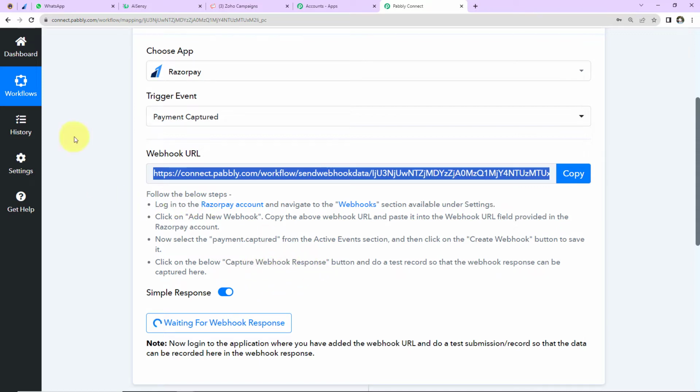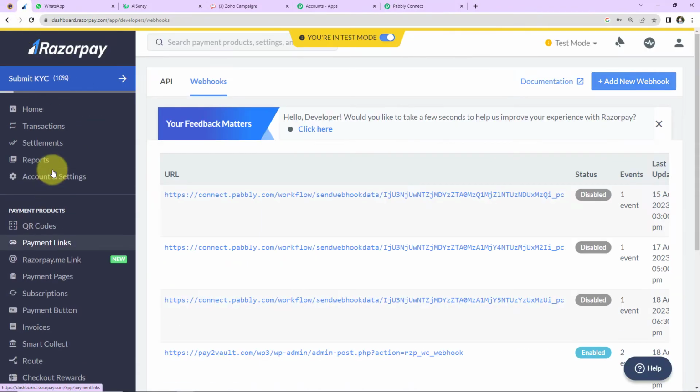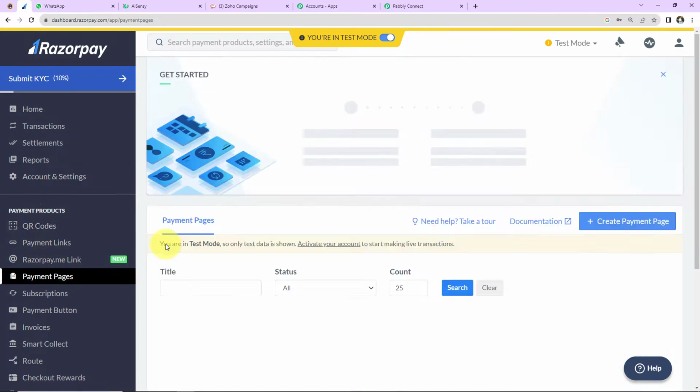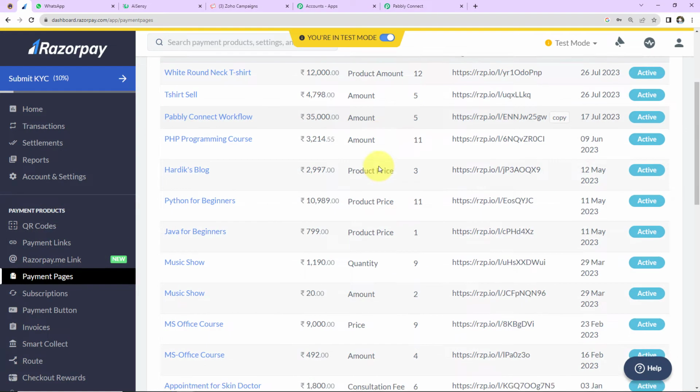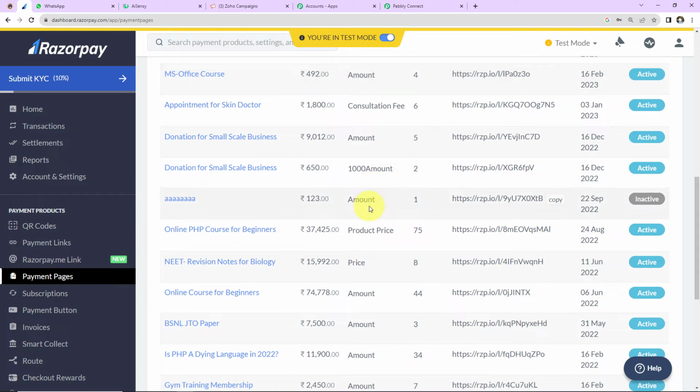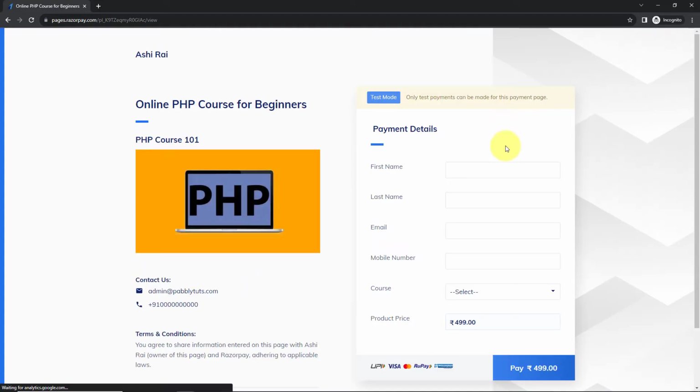Now to do the same, I'm going to take you back to Razorpay, and here I'm going to take you to payment pages. Now these are the pages for different products that I have, and let's say that I want to make this payment for online PHP course for beginners. So here is the link for the same. I'm going to copy this, open this in a new incognito window, and now here we have to fill in